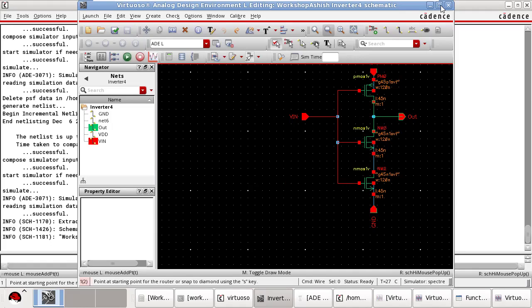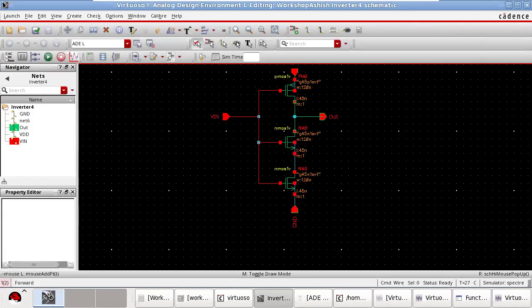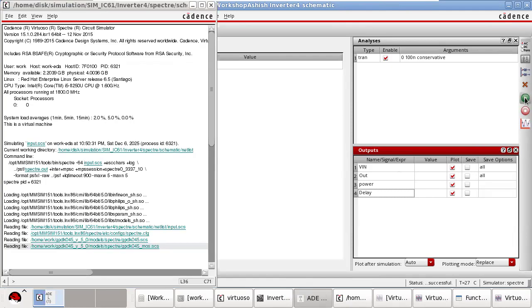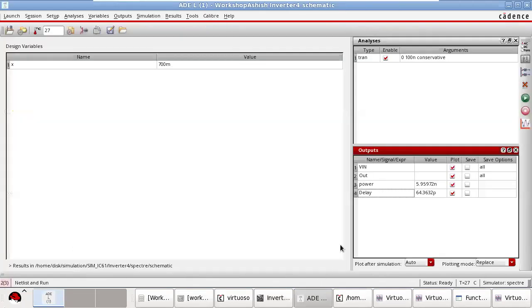Okay, so now we have added one transistor. Everything is okay? Yes. Now let us see the impact. Let us see the power. Power is 5.43225 nanowatts and the delay is 47.0486. Check the power dissipation. The dynamic power dissipation has increased. It has increased to 5.9597 and the delay has also increased, 64.63